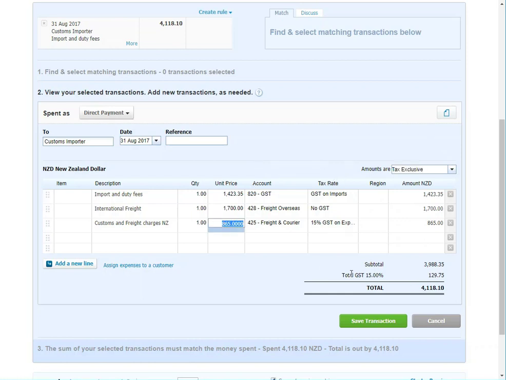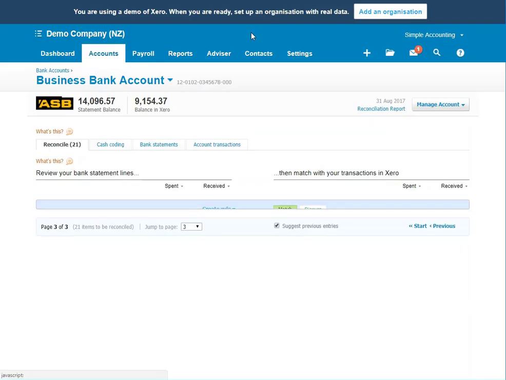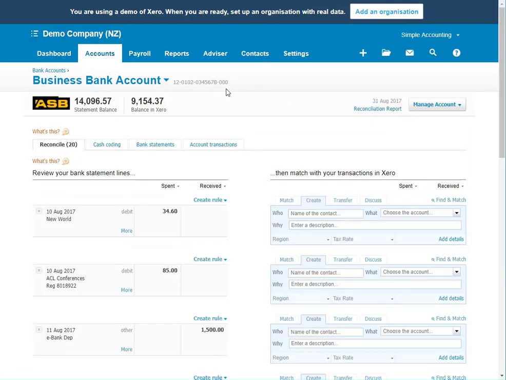There you go. So this is a total of 4,118.10, which matches up with the actual payment. And you'll see that we've got 129.75, which matches with the GST invoice, and then we've got $1,423.35, which is going straight to the GST account for GST on imports. So I'll save that transaction and OK that, and then I'll show you how it's going to look in the GST reports. So we go reports, GST return,